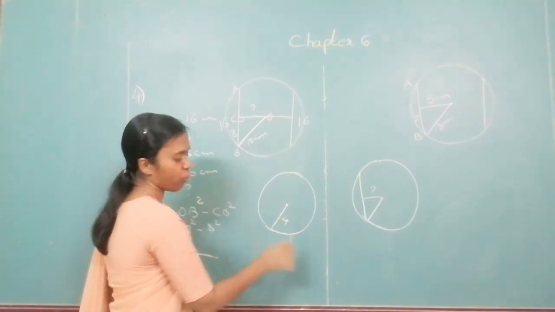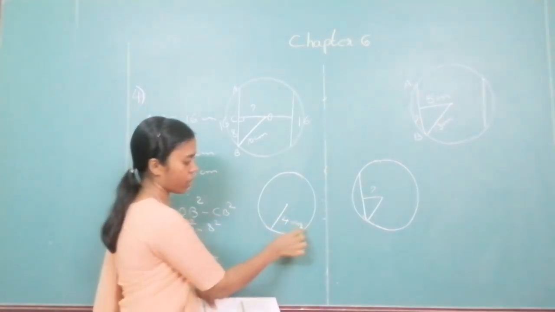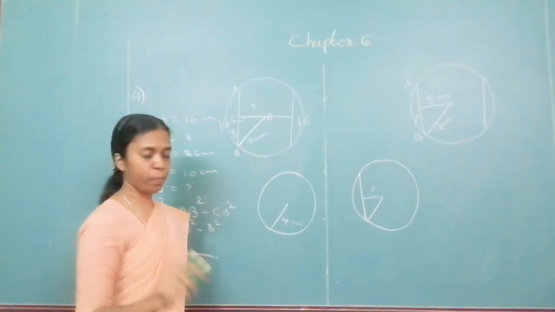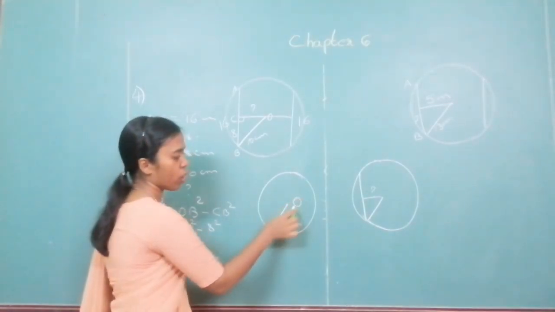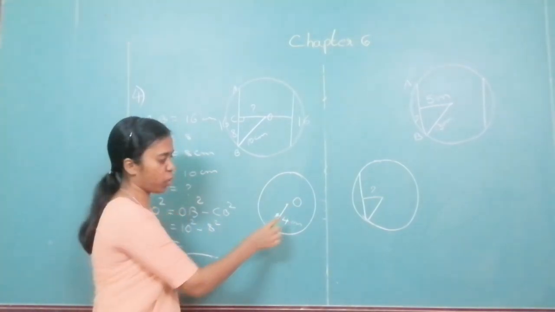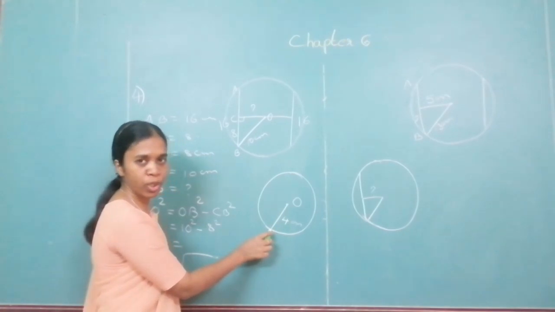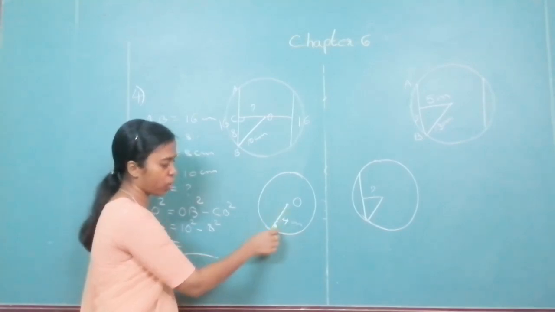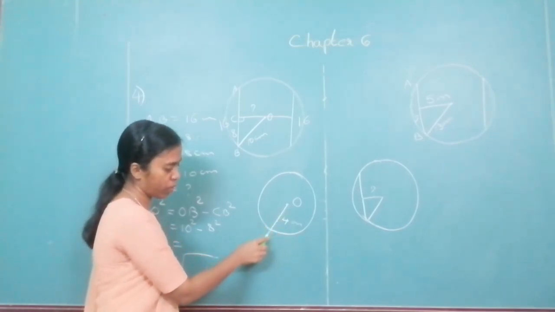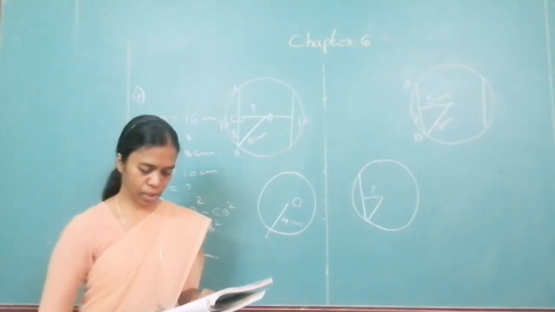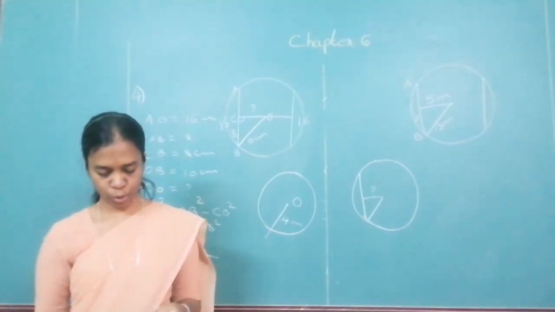Radius is 4 centimeter. Length of OP, where center is O, is 4.2. Now from here to here it is only 4 centimeter. So 4.2 will be where? Inside the circle or outside the circle? If this is 4, 4.2 will be somewhere a little more than that. So you know that it will come outside the circle. That is the question asked to you.